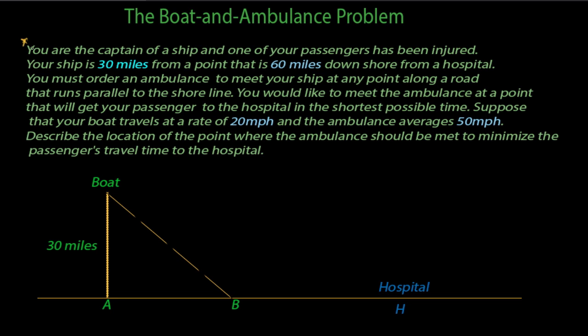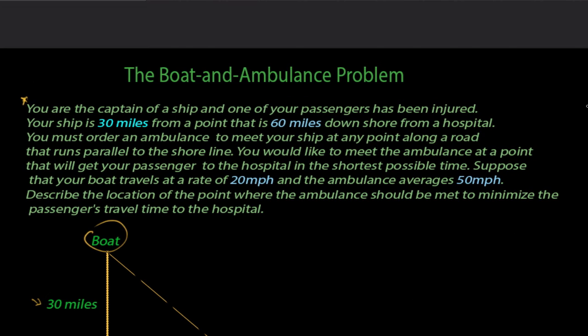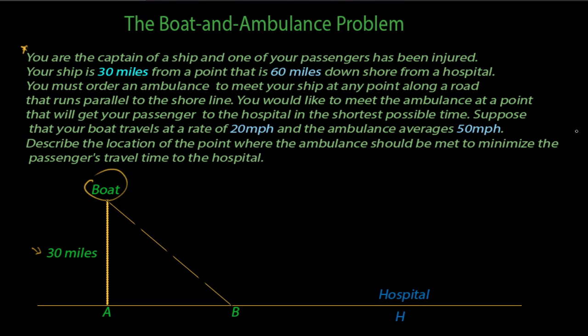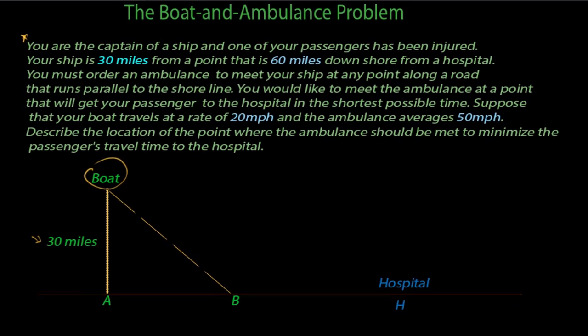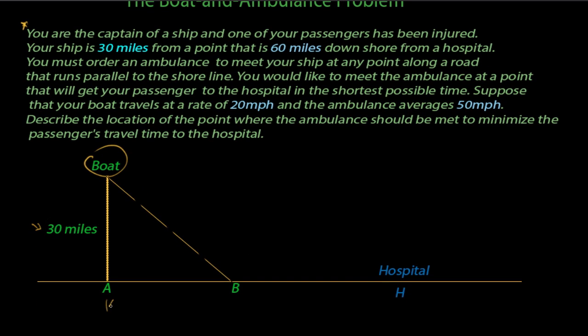Now, the question here says, you are the captain of a ship and one of your passengers has been injured. Now this is your ship here. Your ship is 30 miles from a point, as you can see here, 30 miles from a point that is 60 miles downshore from a hospital. This is our hospital here. So let's not move beyond the problem here. This is our hospital, and then we're told that the ship is 60 miles downshore. So from here to here is 60 miles